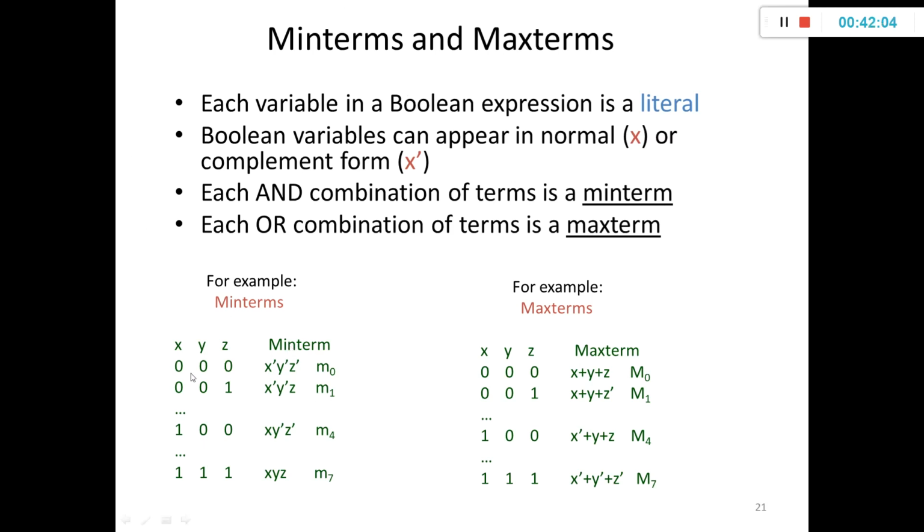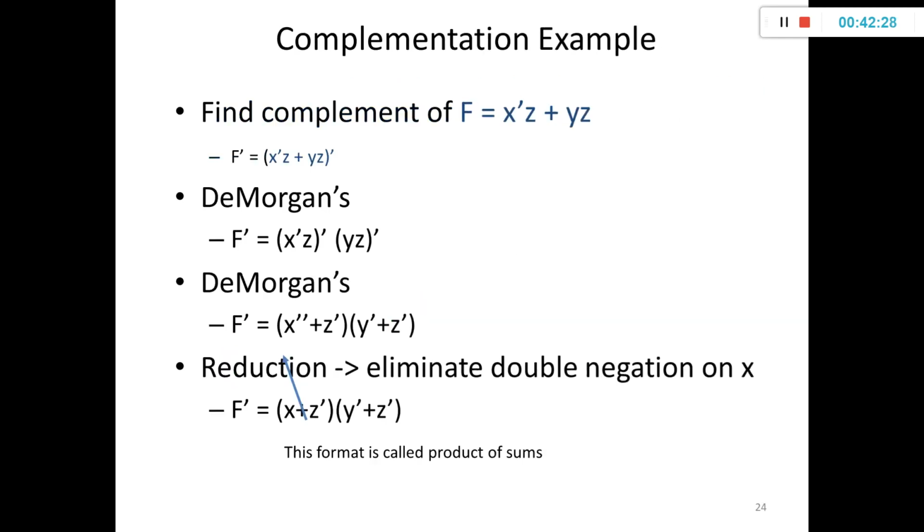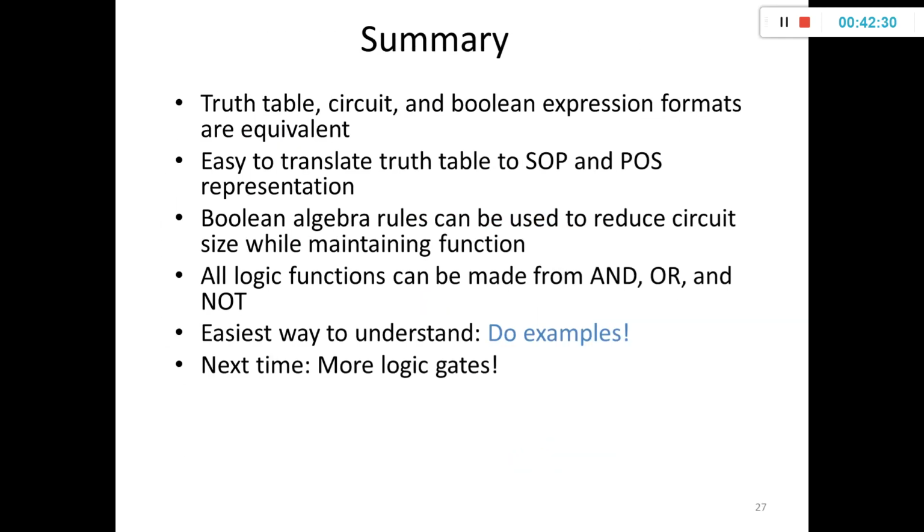This one I would like to stress. Minterm 000 is x bar y bar z bar, m naught. For maxterm 000, that is x plus y plus z, capital M naught. Please remember, students, what a minterm is, which I have indicated here, and what a maxterm is, which I have indicated here. Try to solve more and more examples, and get practiced with the logic expressions.